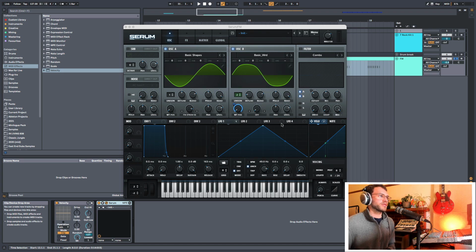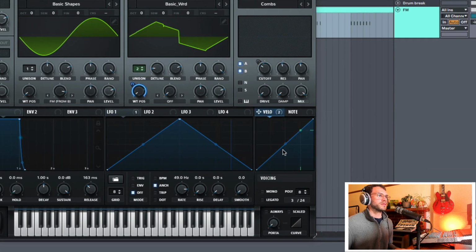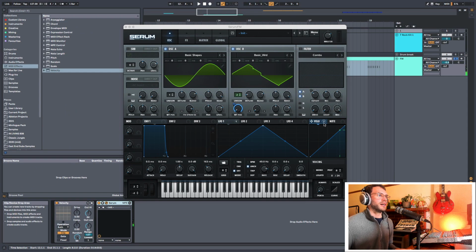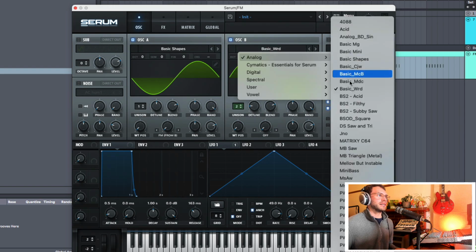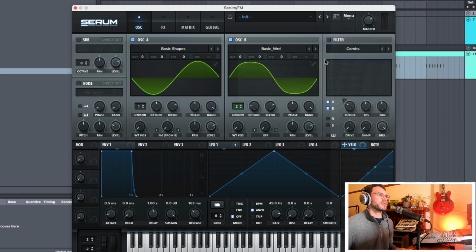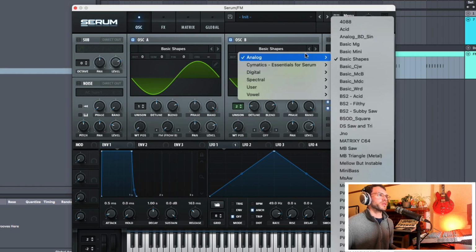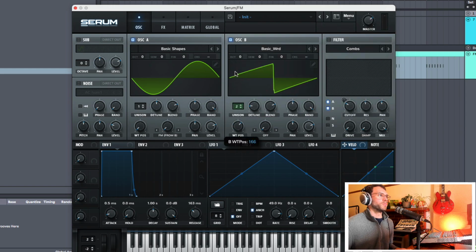Serum is a great one because it's really easy to use, and you can see visually over here what is happening to the velocity. So it's moving all around, right? And I'm just going to remove all the destinations from here, and then let's explain what's going on. I've got this sine wave here that's actually quite low, and I have enabled oscillator B and just selected a waveform that has other things that I can morph between, right? In this case, it worked really well with the basic WRD waveform,